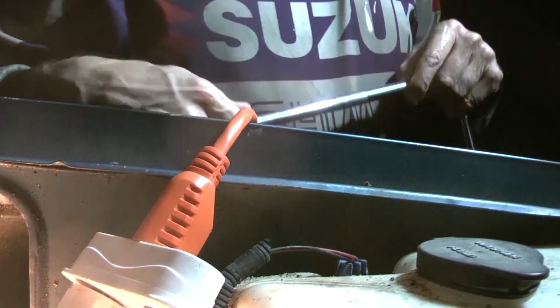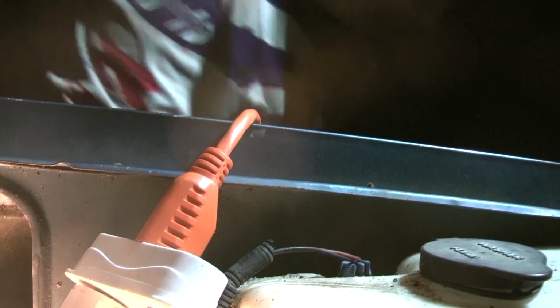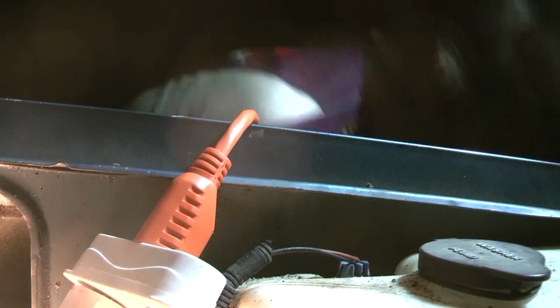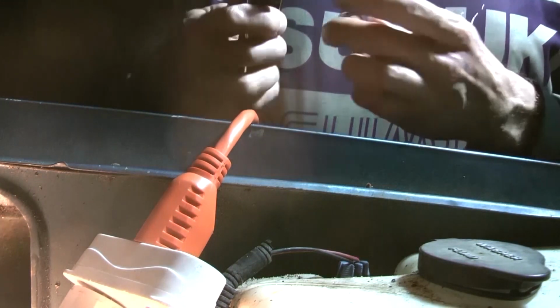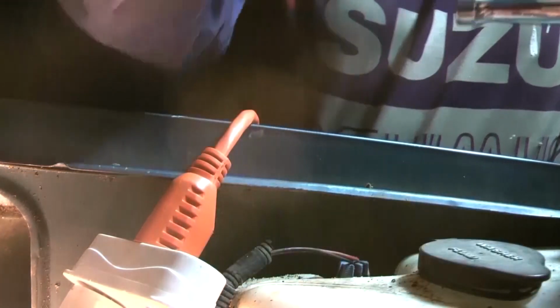Because the regular socket doesn't fit on there. I tried it. I mean, it fits on there, but you can't turn it because of just the length